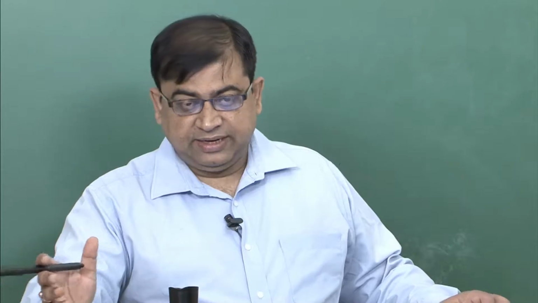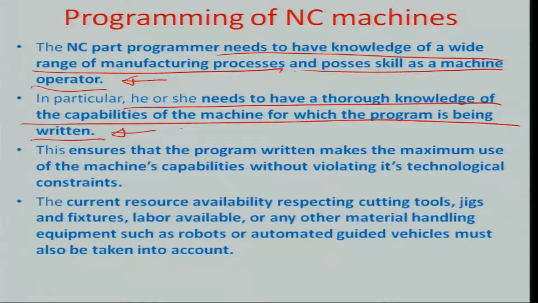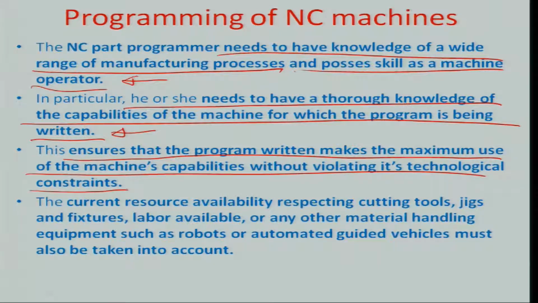He also needs to have data about the feeds and speeds at which optimum material removal would happen, and all these have been, I think, in a way illustrated earlier in our CAP process. So all this information comes from that operator knowledge which has been embedded into a computer aided process planning system given earlier. So this ensures that the program written makes the maximum use of the machine's capabilities without violating its technological constraints, and